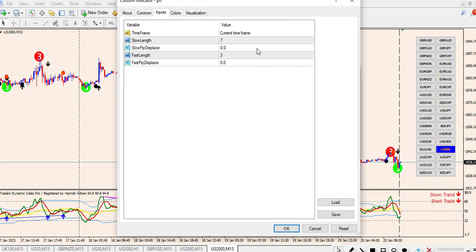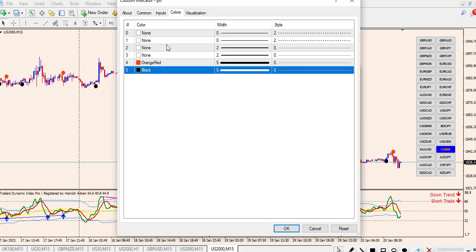And this is the setting. Before you click OK, just check the setting, and this particular slow length you can change, and the fast length you can change it so that we are a bit stable, and it won't be giving us a signal here and there. It's going to be more stable than this if you increase the slow length to like 13 and fast length to like 5. Just play with it and use any of the values that you are comfortable with, and click OK when you set everything. As you check, once everything is okay, just